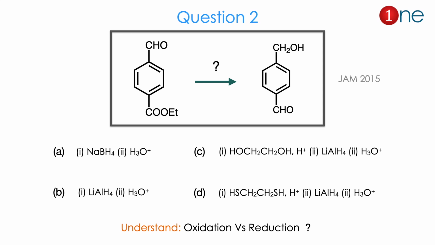Then question number 2. The starting material is benzaldehyde attached with an ester at the 4th position. Then they converted it into an alcohol and aldehyde. They ask you to find the reagents here. The reagents are sodium borohydride and hydrolysis, or dithiol, lithium aluminum hydride and hydrolysis, or lithium aluminum hydride and hydrolysis, or lithium aluminum hydride, dithiol and hydrolysis. So you are playing between the reducing agent and dithiol. You have to find the order of the conversion here. From the reactant to product, you might consider whether oxidation or reduction occurs, or the playing around of the reagents. The answer is C. Let us see how.